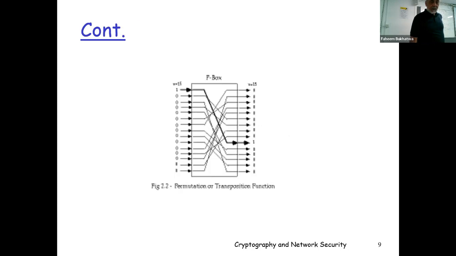again, they had a few fixed permutations, that if you have data of a certain number of bits, they just change the position. Therefore, it doesn't get rid of any bits, it just moves them. For example, if a bit is in location 22, it moves it to location number 4, and so on. So it just keeps changing the position. And they call this the permutations